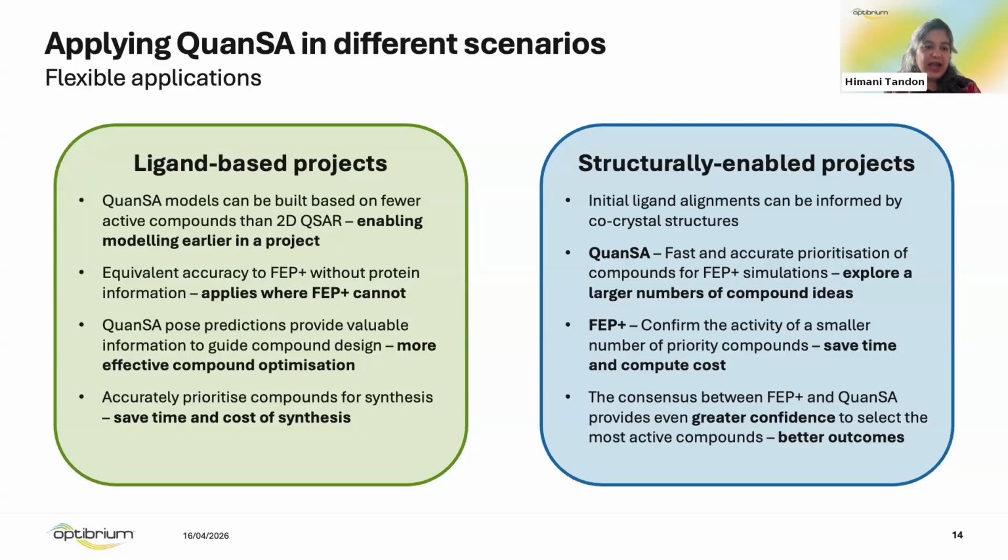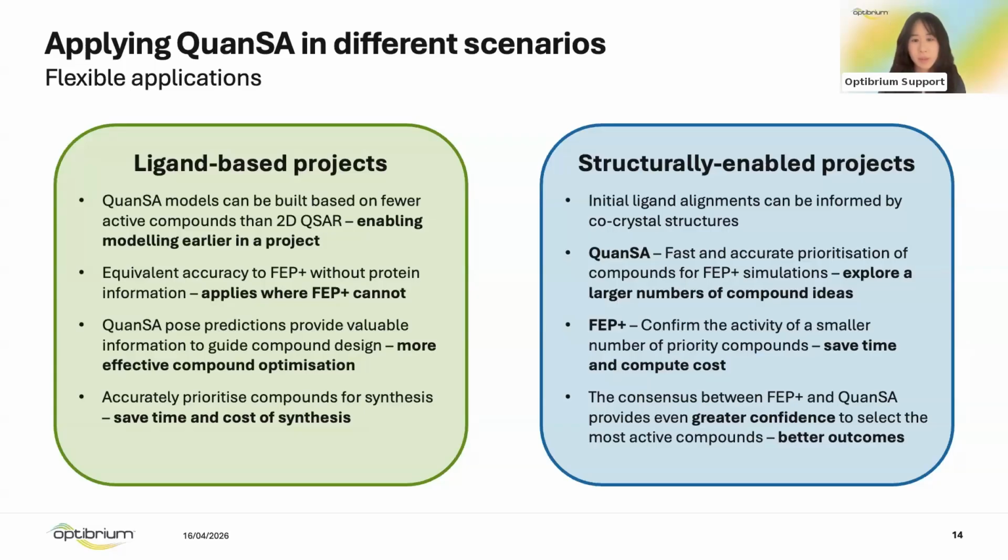And just to point out again, we have published some benchmark studies, which I think we referred to during the webinar, and we'll be happy to share those resources as well. Just to add to that, I mentioned this during my portion of the presentation, but if you do have FEP+ and you're looking for that sort of final polishing step, you can use QuanSA in conjunction with FEP+, because the affinity predictions provided by both are uncorrelated. You can actually combine them and increase the accuracy, which we've published as a benchmark as well in a collaboration with BMS. It's a really good paper, and I strongly encourage anyone to read it.